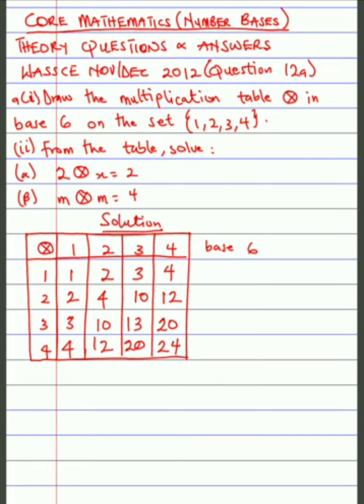So we've drawn the table. So this is the multiplication table in base 6. So we are done with that one. Now let's come to the second part. Part II says that,